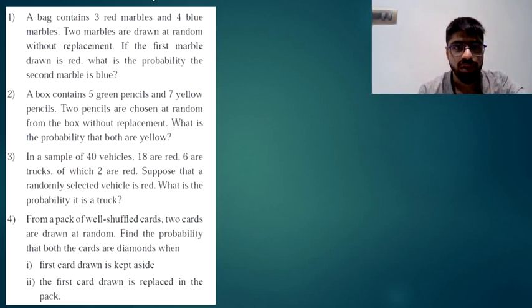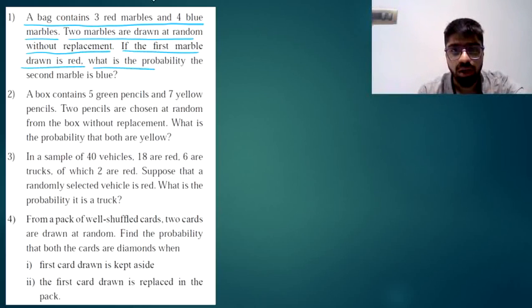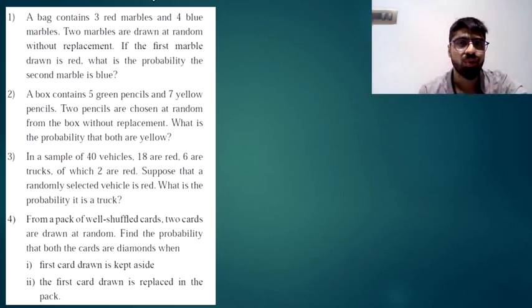So if you check the first question, it says that a bag contains 3 red and 4 blue marbles. 2 marbles are drawn at random without replacement. If the first marble is a red marble, then what is the probability that the second marble is a blue marble? See, if you have already taken out a red marble, then out of 3 red, you are left with only 2 red marbles in the box, and there are 4 blue marbles. So given that the first marble is a red marble, the probability of the second marble being a blue